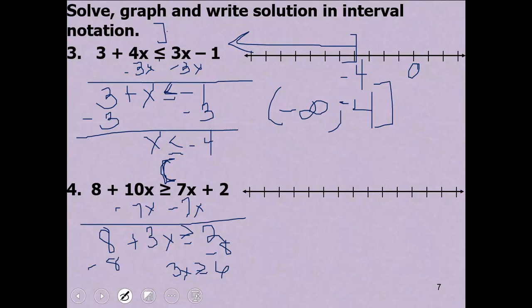With inequalities, we can multiply or divide by a positive number without